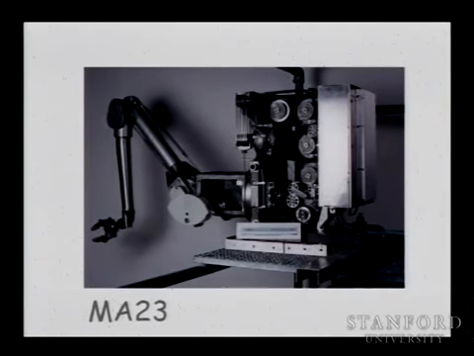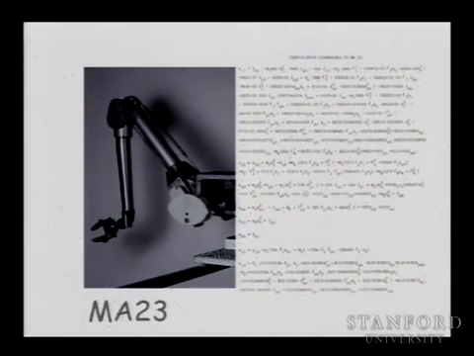Now, if you think about the dynamics of this robot, it gets to be really complicated. So you see on the right here, this is the robot, and here you have some of the descriptions of, for instance, what is the inertia